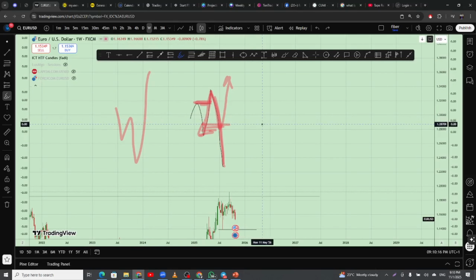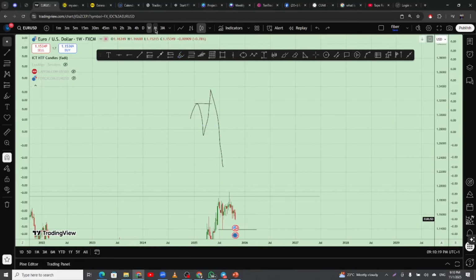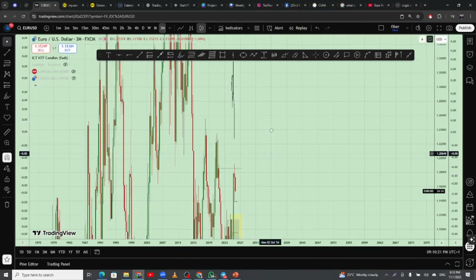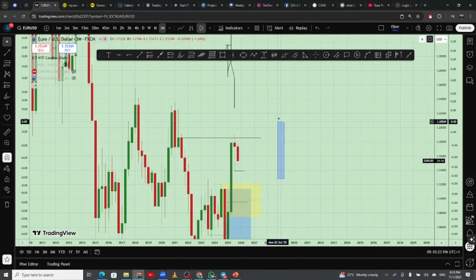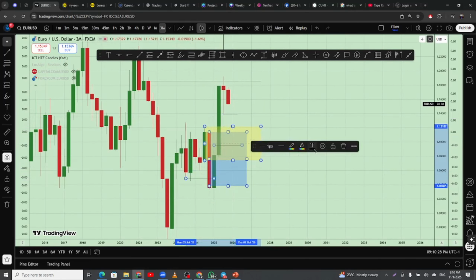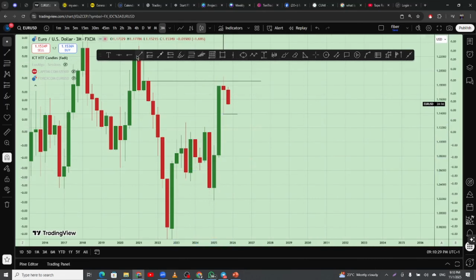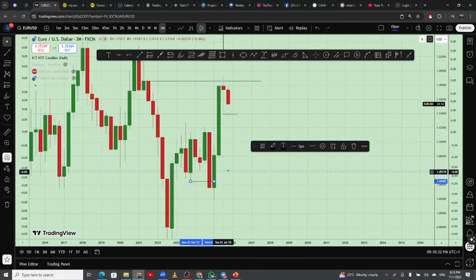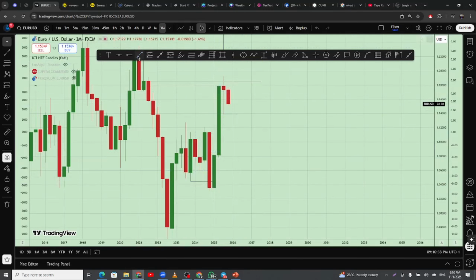I think I've made a couple of lessons on that breaker block, right? So I just wanted to point out something on the 3 months time frame, which will give us reasons to expect price to at least push down a little, all right? But for now, we have on the 3 months time frame price taking out this low